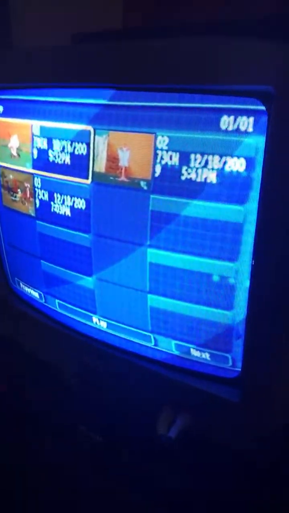So this one from my model is this Sanyo DS13204, and to activate service mode, you have to unplug the TV, which I'm going to do here, and you're going to have to hold the menu button on the TV and then plug it back in. So I'm going to put this down because I can't do it, and then hold it down, and you'll see that the TV actually has